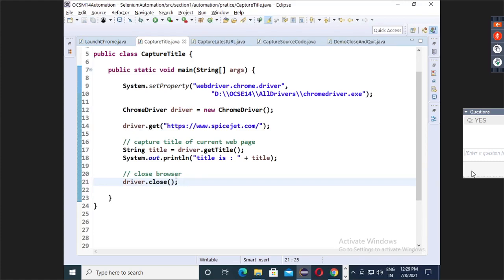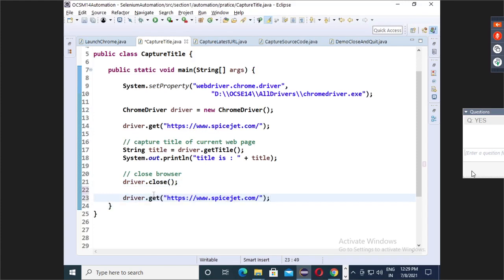Now, guys, tell me. After closing the browser, can we perform any action? Common sense level question. After closing the browser, can we perform any action? No. So guys, let's say after closing the browser, I want to open this app again. Guys, there is no compile time error because from a compilation point of view, everything is fine. Okay.